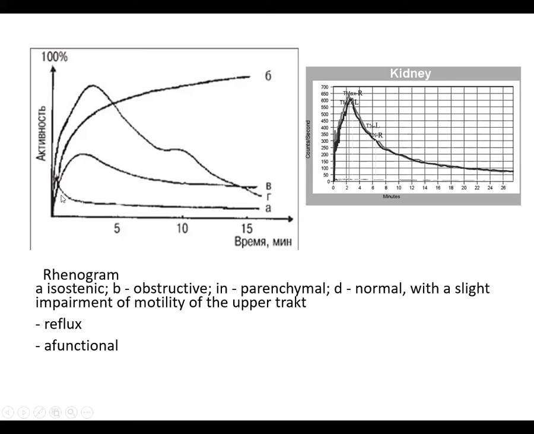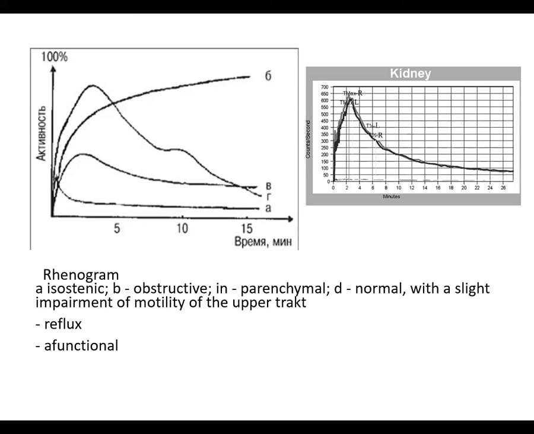Here we can see the parenchymal type of the curve, which is B, which shows us a decreased level of the curve and a prolonged time of excretion, no such sharp peak, which shows us decreased function of the kidney. The renal parenchyma cannot secrete this radiopharmaceutical as it should, and it's very characteristic of parenchymal diseases like inflammation of the kidneys, like